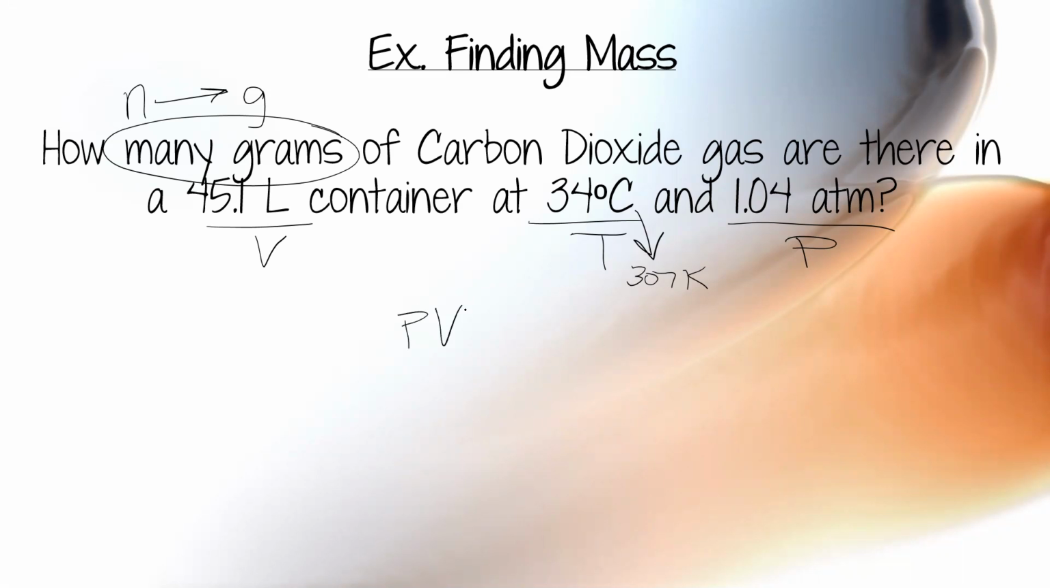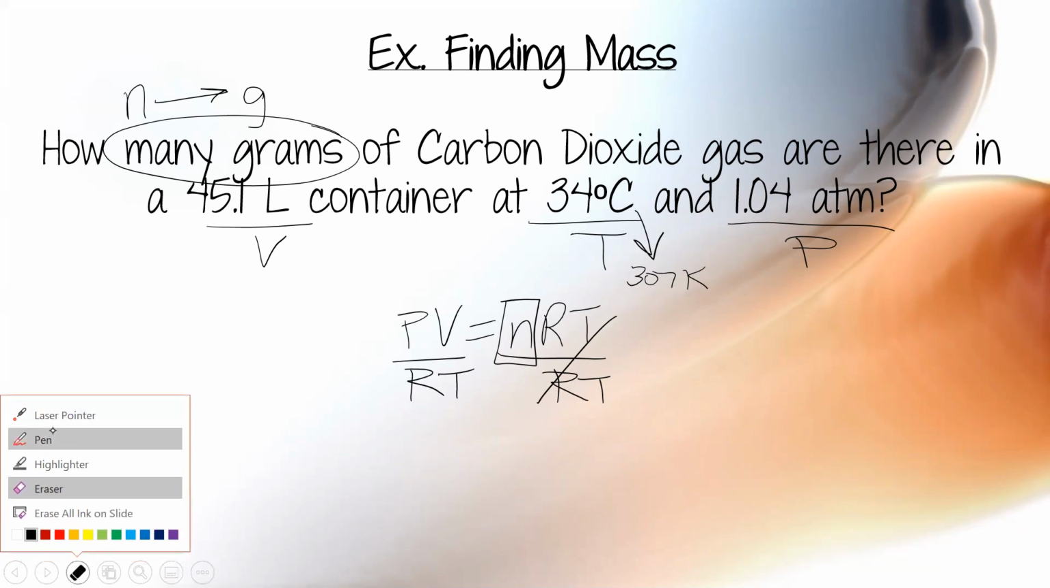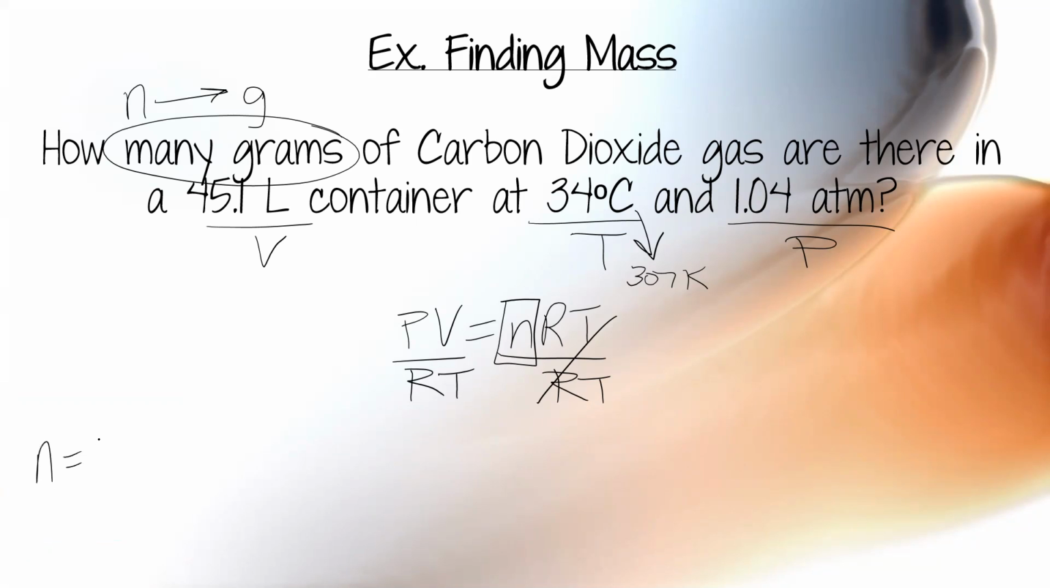So start the same way you would. PV equals nRT. Like I said, there's no M for mass, so you have to solve for N, moles, first. Divide both sides by RT. So N is going to equal PV over RT. So pressure